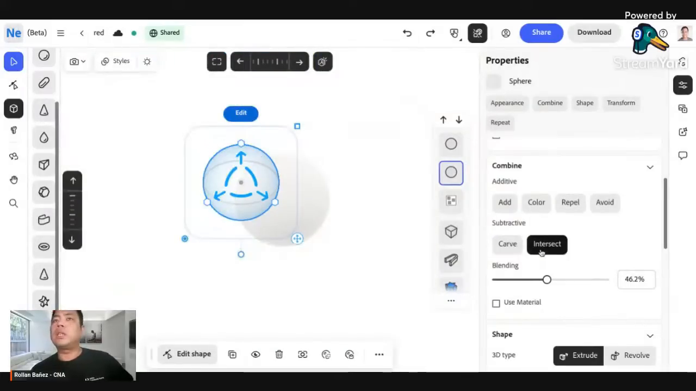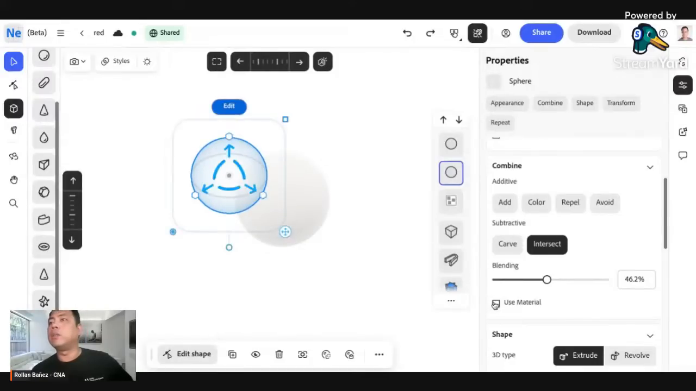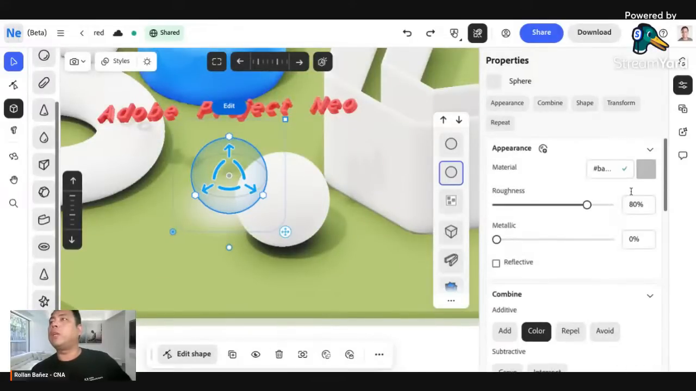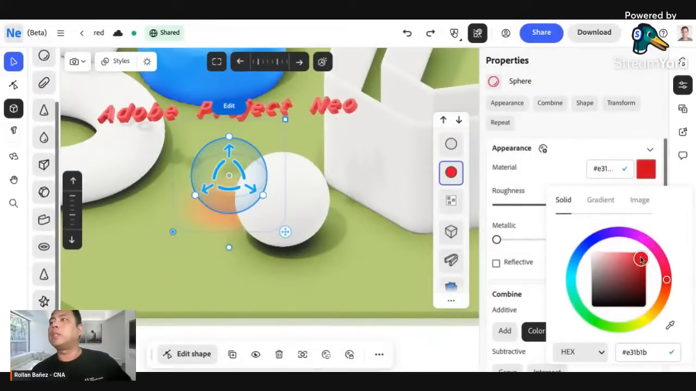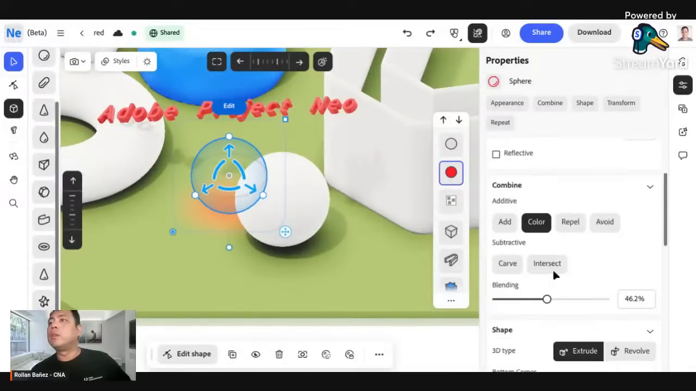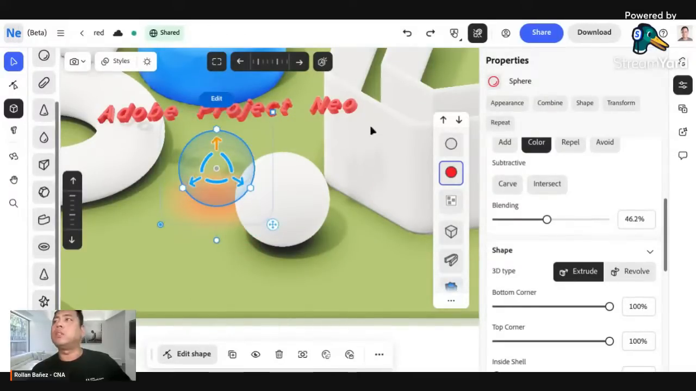You can use intersect, and as you would see, this will enable you to create blending modes inside of this material. Let's use the material already. Okay? You can also use color, but right now I don't have any color here. For example, I'm just going to add this as red. And you would see by using the blending option here, this will enable you to create gradients on your design. Right now, it's just adding it to the